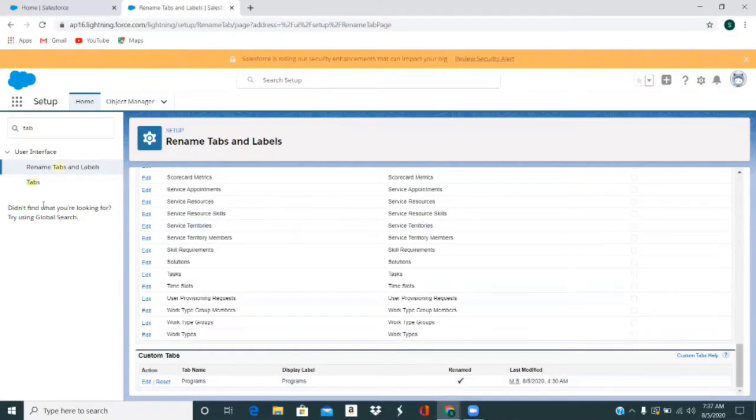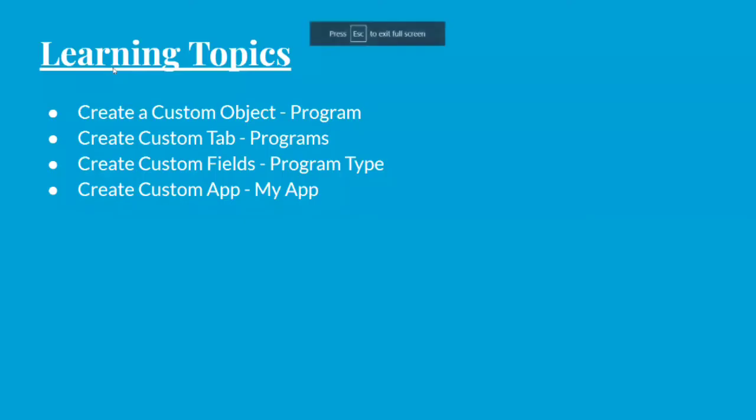All right, so what all have we seen? We have created a custom object called program. Then we have created the custom tab called programs. Now we have the object. Now we want to store some data under that object. To hold that particular data, what we need is a field.